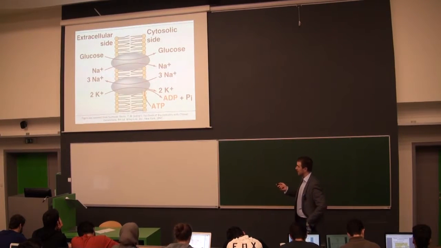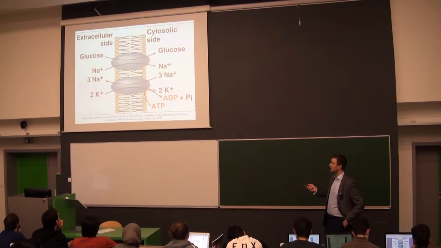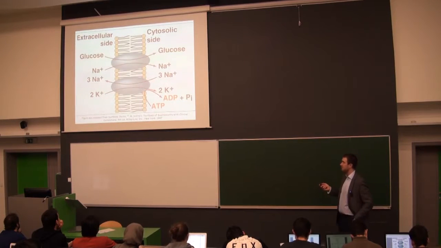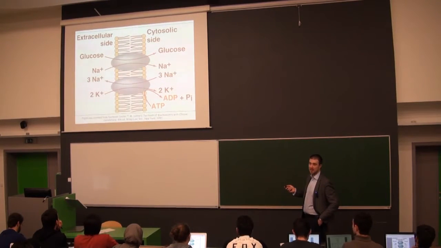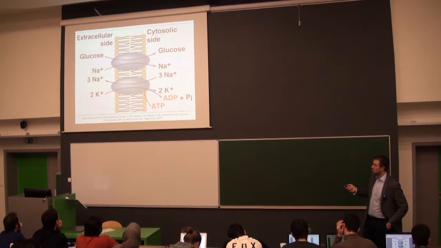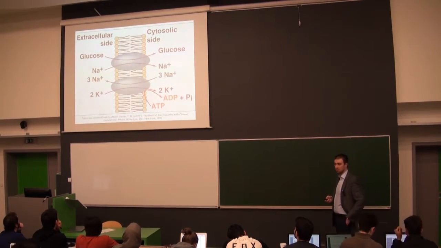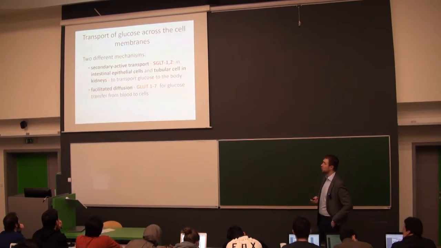That's due to the fact that outside the cell you have high sodium, inside the cell you have low sodium. But you need to keep this concentration gradient, and therefore you must have some active pump that's pumping the sodium outside the cell, and that's the well-known sodium-potassium ATPase, Na/K ATPase. Here you utilize ATP, and therefore we call this whole complex secondary active transport. You move glucose and sodium, therefore sodium glucose transporter.